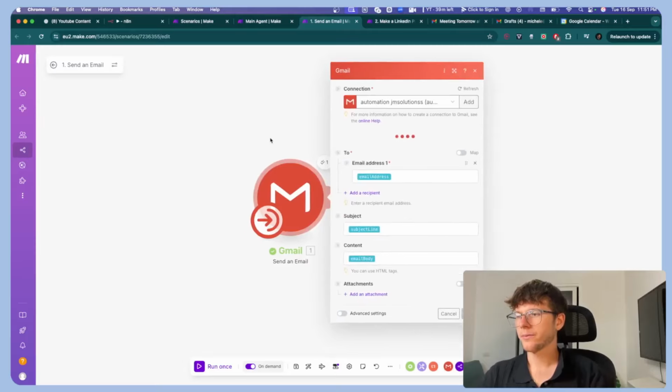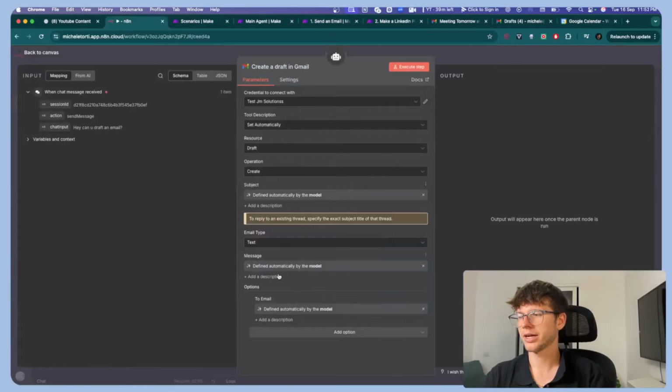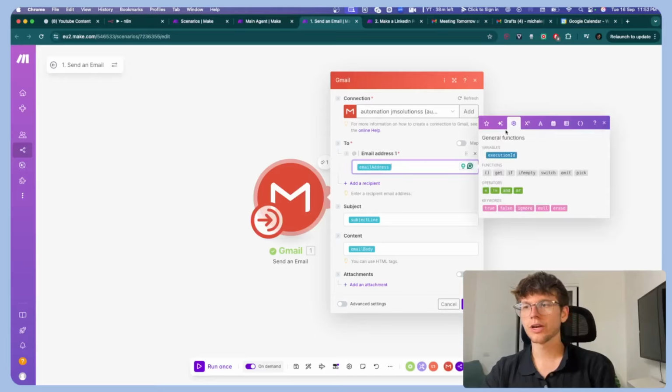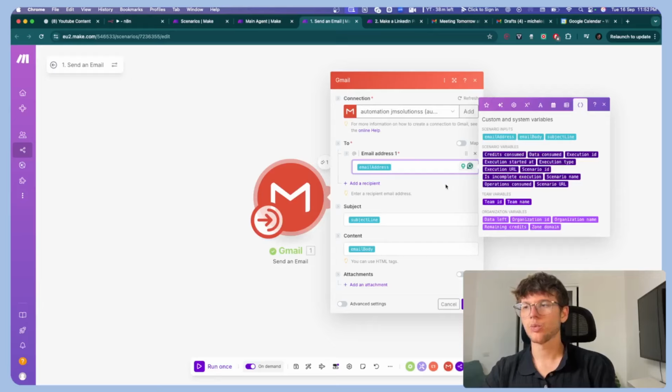So if we go in here, we can see that these tools, these are the variables that we give it. So email address, subject line, and content, which in this case, by the way, are these: subject line, message, and whoever we're sending the email to. But here we just press this button, and in make.com, we have to create custom input variables. And for those of you who don't know what custom input variables are, well, they're not variables that we can pull from here. They're variables that we get from here, which is scenario inputs,